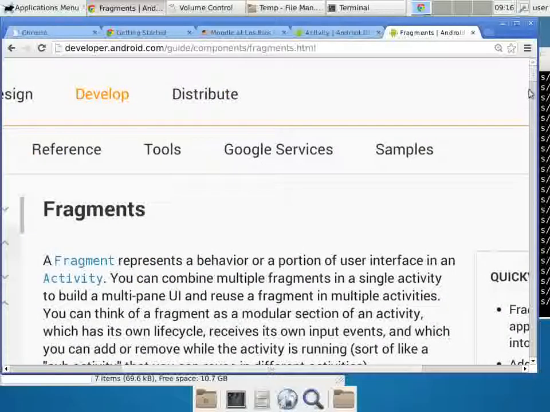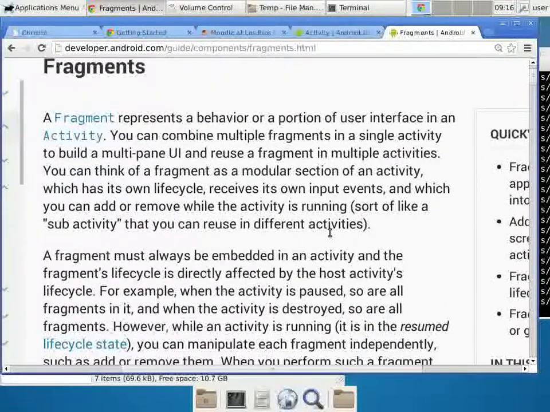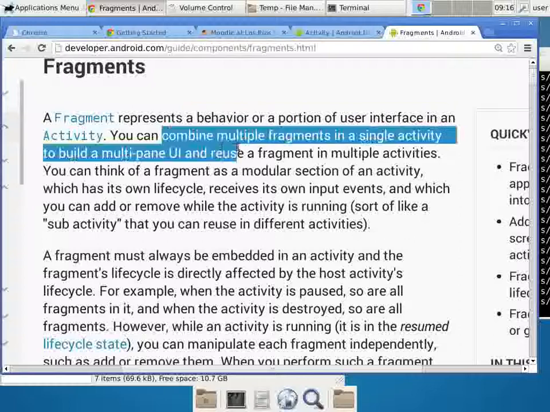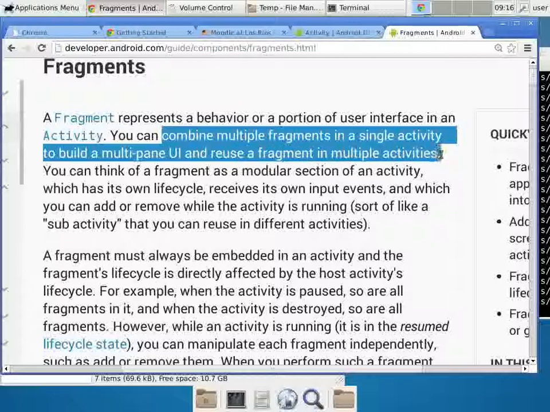Because the first thing we want to do is to establish the relationship between a fragment and an activity. A fragment represents a behavior or a portion of user interface in an activity. So this is interesting because it means that a fragment is inside an activity. It is a subpart of an activity. So what this is doing is you can have what they call a multi-pane user interface. You can combine multiple fragments into a single activity to build a multi-pane user interface,